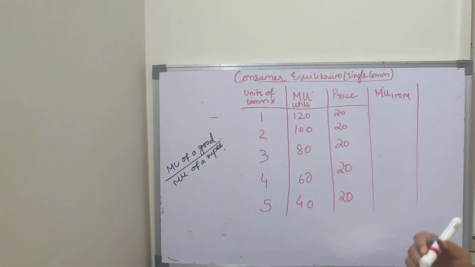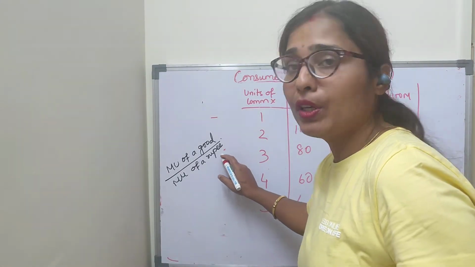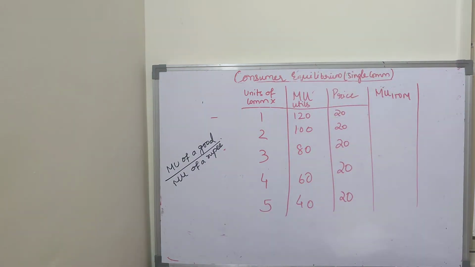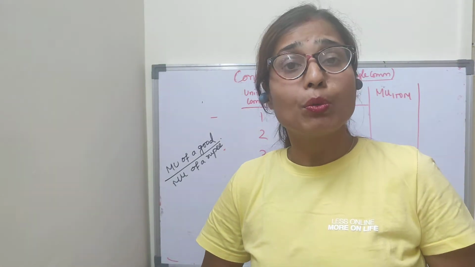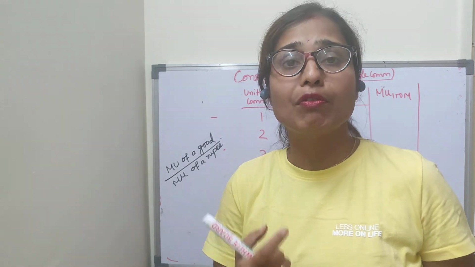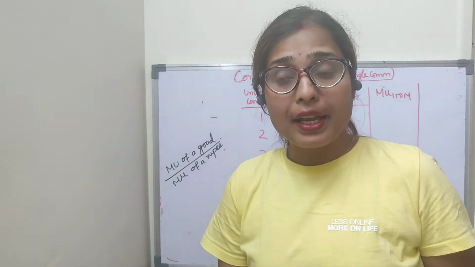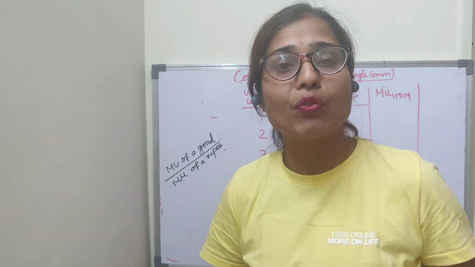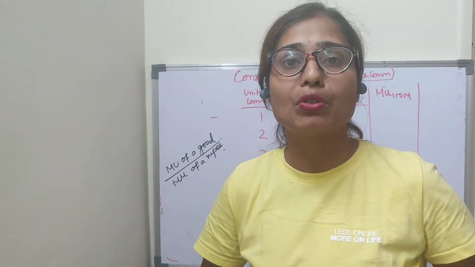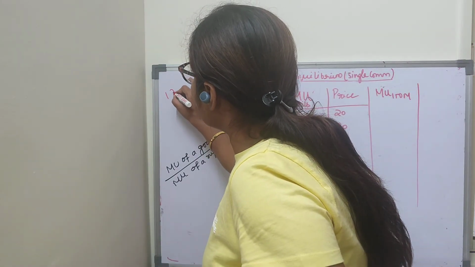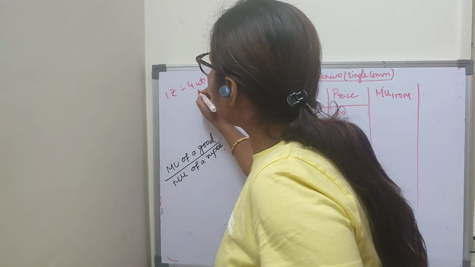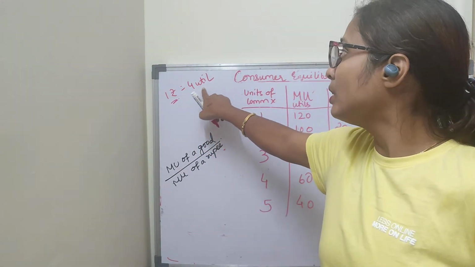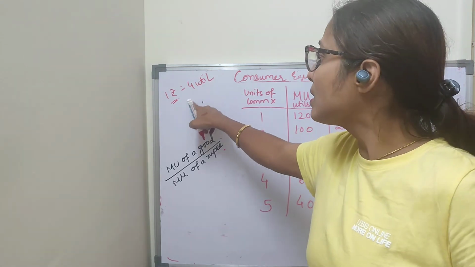Now, I already told you that the marginal utility of a rupee or money is the extra utility when an extra rupee is spent on other available goods. Suppose you have 100 rupees in your purse and you receive 1 rupee extra. By spending that 1 rupee you are deriving 4 utils. What that means is, whenever you pay 1 extra rupee, you are deriving the utility of 4 utils. We are assuming that 1 rupee is equal to 4 utils. Whenever you pay an extra 1 rupee, you are getting the satisfaction equal to 4 utils. Okay, this is our assumption.